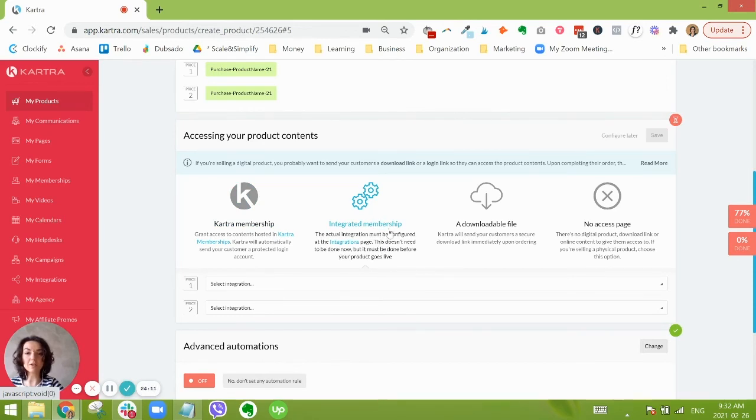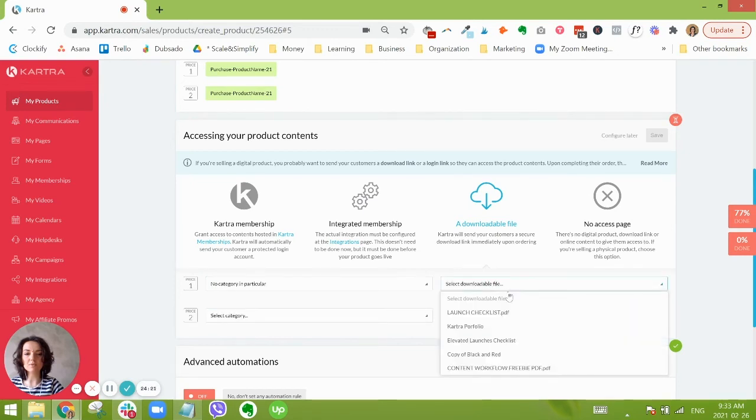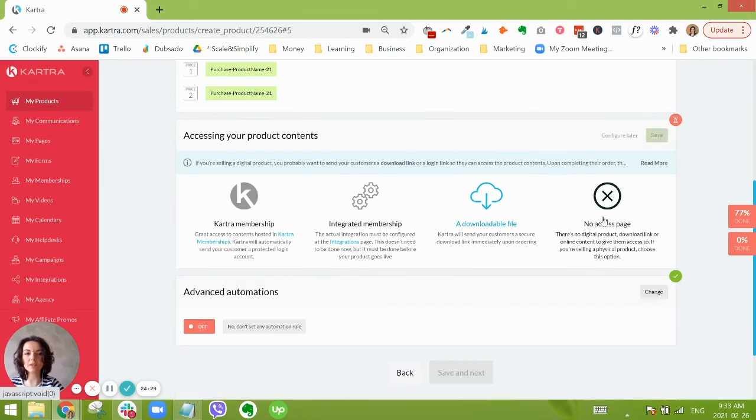If you have integrated another system with Kartra, you can select for them to just receive a downloaded file, in which case it's going to give you the things that you have uploaded, which is all in the My Memberships area, or you can click No Access